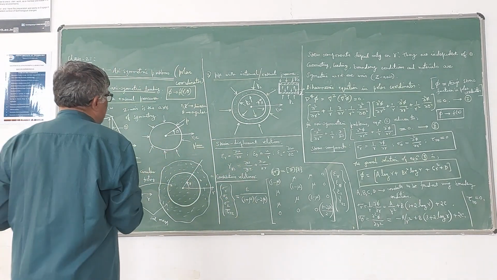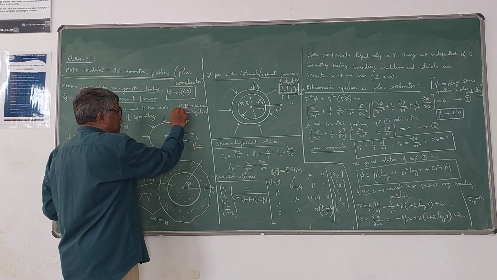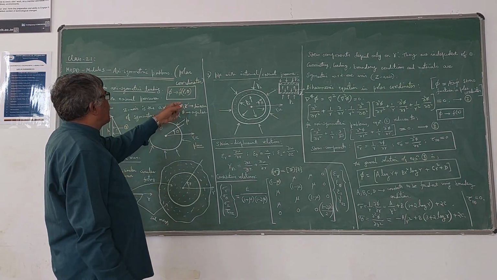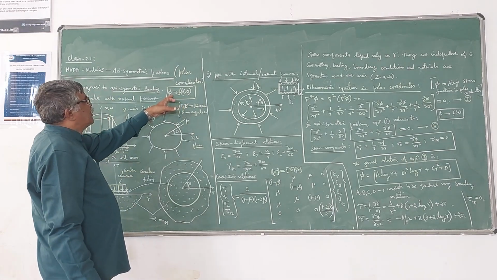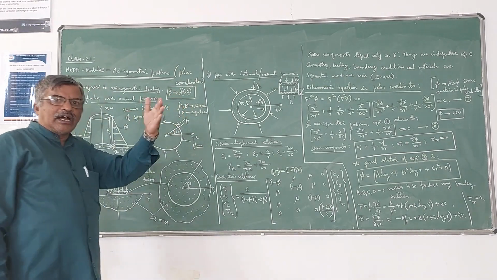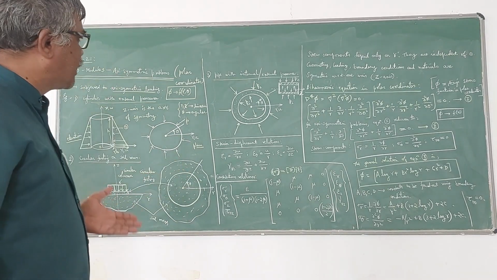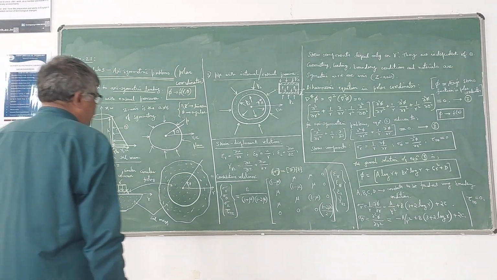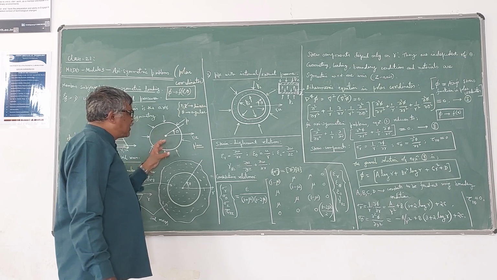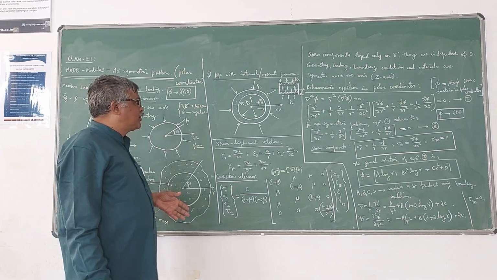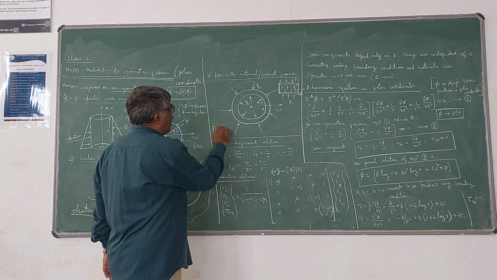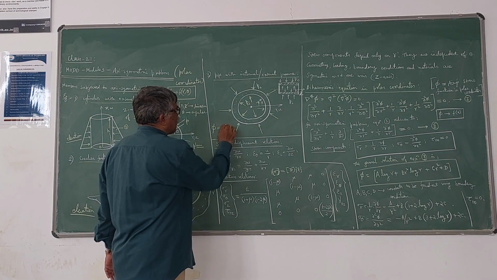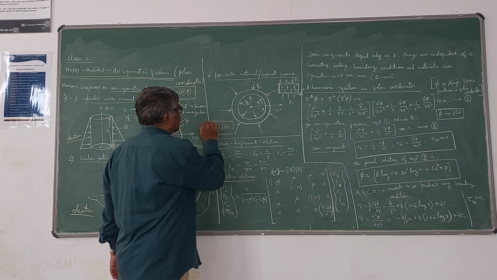So what I mean to say here is, in the case of an axisymmetric problem, this phi, that is the Airy stress function, will be a function of r and theta in general for polar coordinates. But in the case of an axisymmetric problem, what happens? It is independent of theta also. That means your phi will be a function of only r in the case of an axisymmetric problem. This is one important thing you should remember.